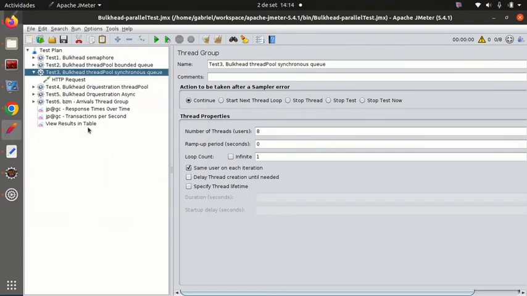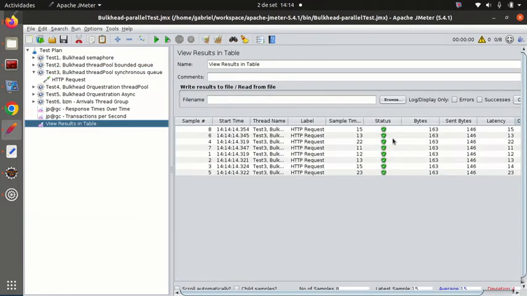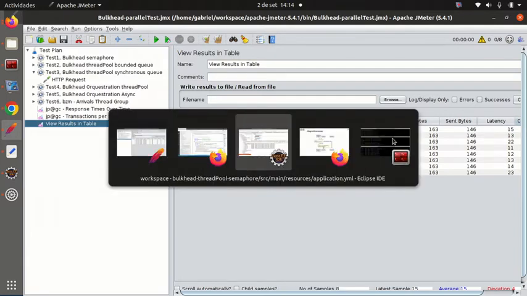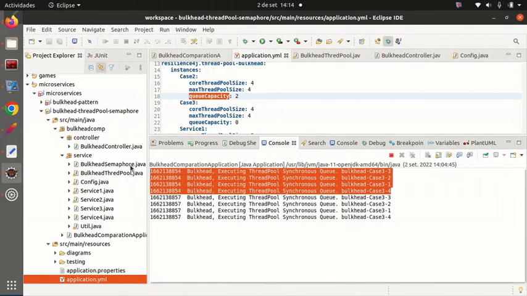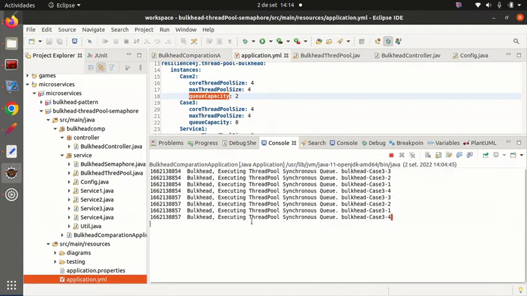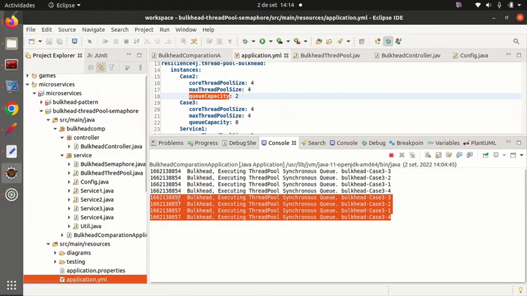Again, we don't need to wait for the server response. From the client point of view, the 8 requests were a success. And from the server side point of view, we can say also that the 8 requests were a success. The first 4 requests were executed immediately, and the remaining 4 were executed about 3 seconds later. This is an epoch time expressed in seconds. And the reason for this behavior is